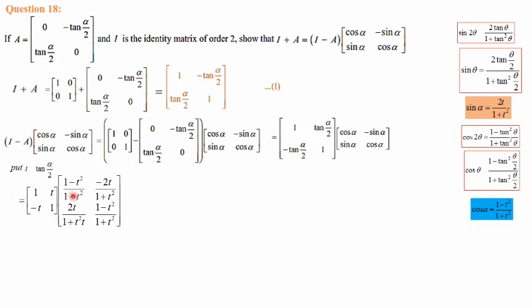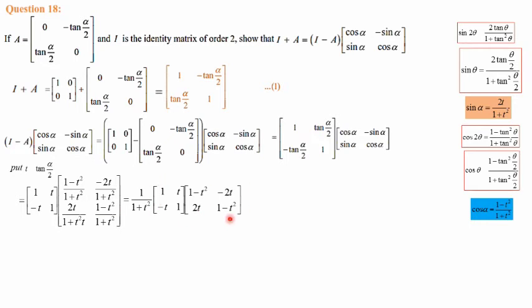Now when you check the second matrix, the denominator everywhere is 1 plus t square, so we can take it as common. 1 by 1 plus t square I have taken outside. So when I take this outside, the first matrix I didn't take anything, it remains the same. In the second matrix, the denominator has all come out, so only the numerator is left. 1 minus t square is here, minus 2t is here. Then here it is 2t, and 1 minus t square.